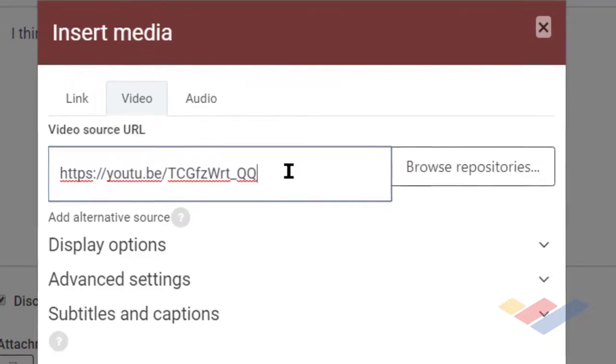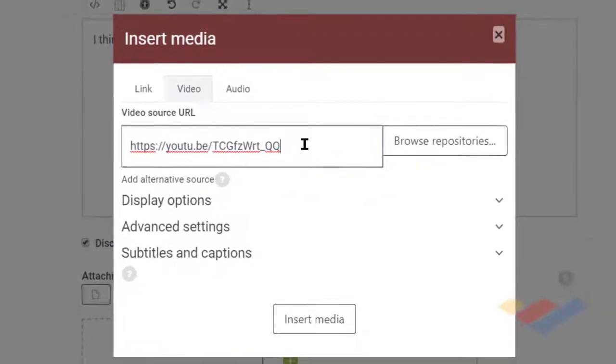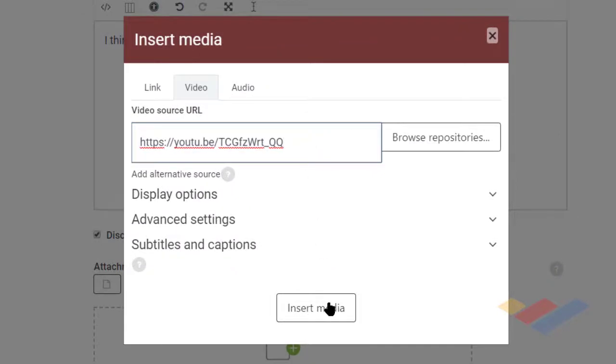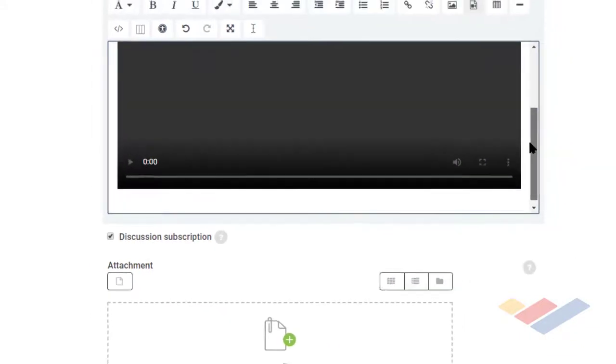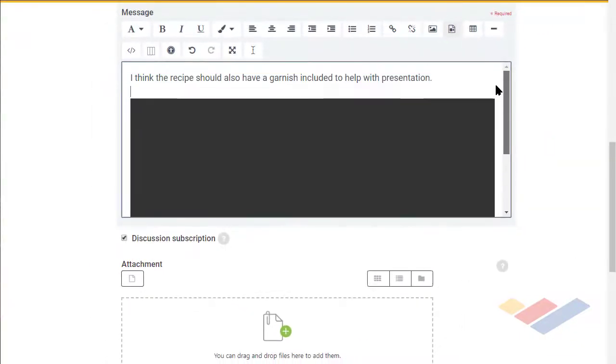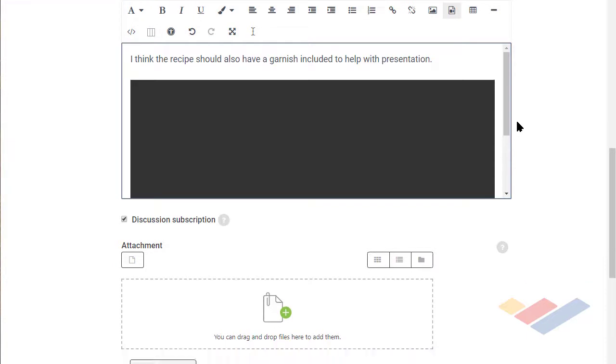If you're using Firefox, it may be a little different than if you're using Chrome. We recommend that it works consistently with Chrome. Put that in there, we hit insert media. And it's not displaying right now on this, although it looks as though it has been inserted. So what I'm going to do is, now that I believe I have that in there,